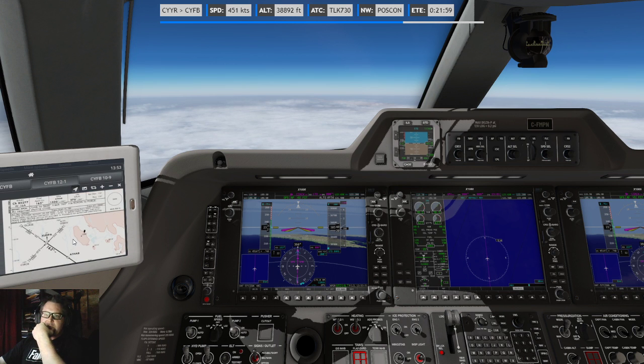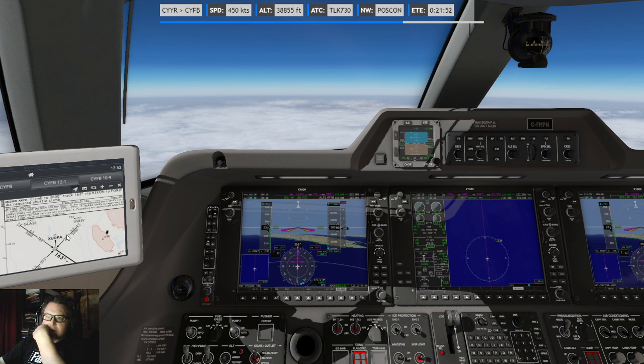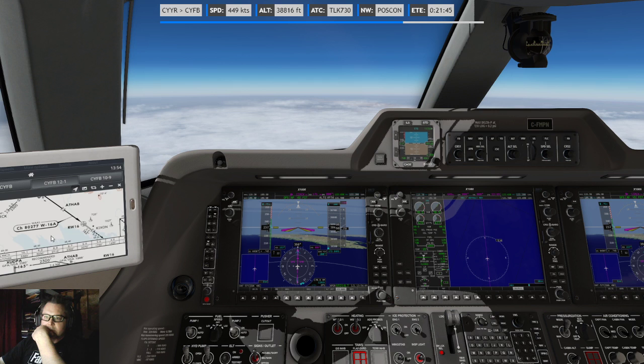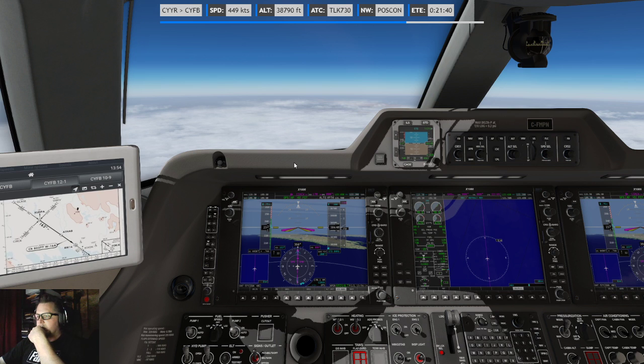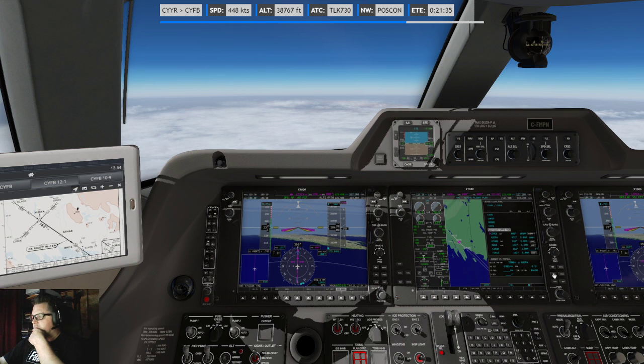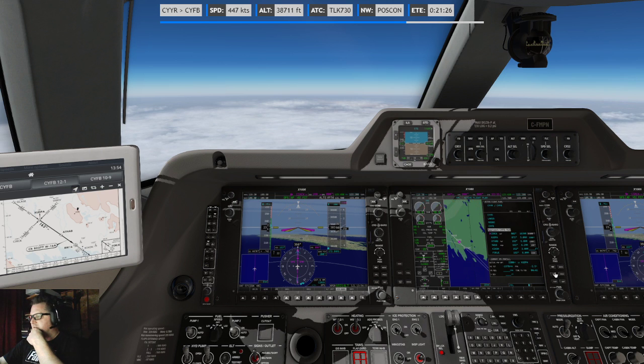Does it say anything about speeds though? No, there's nothing about speeds. So we'll go with what we have. It's kind of funky that it's sort of started descending.